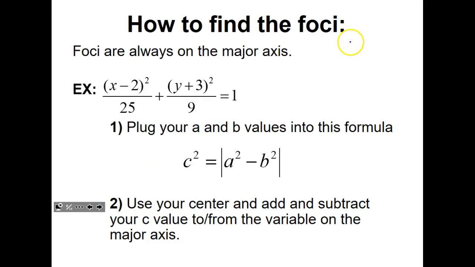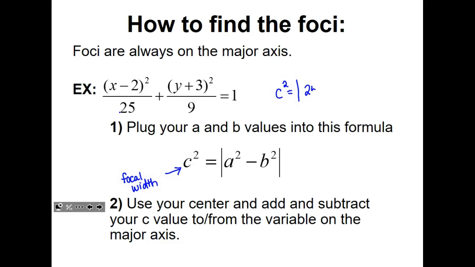For this, we're going to have to find the foci of an ellipse. And to find the foci, we're going to use this equation that we have right here. c squared equals a squared minus b squared. And here this c is our focal width. And so here, if I look at this particular instance, my c squared is going to equal the absolute value of